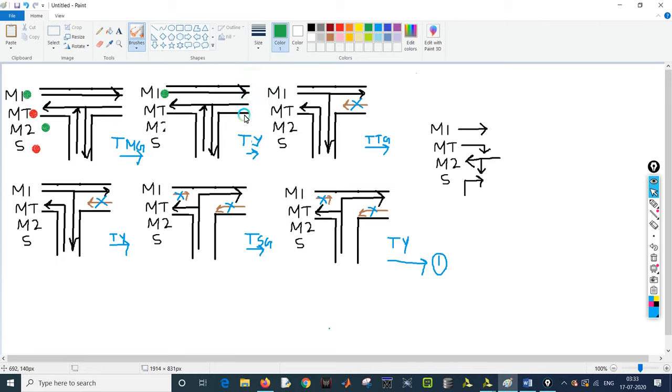MT is still red since the people flowing in the main road can't turn towards the side road in this configuration. M2 on the other hand is yellow. S does not change its color. Now, after the time Ty for which the M2 has been yellow, let us see what happens in the third